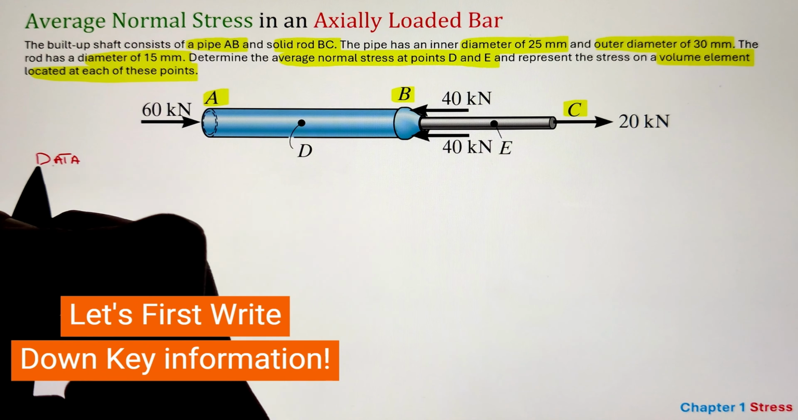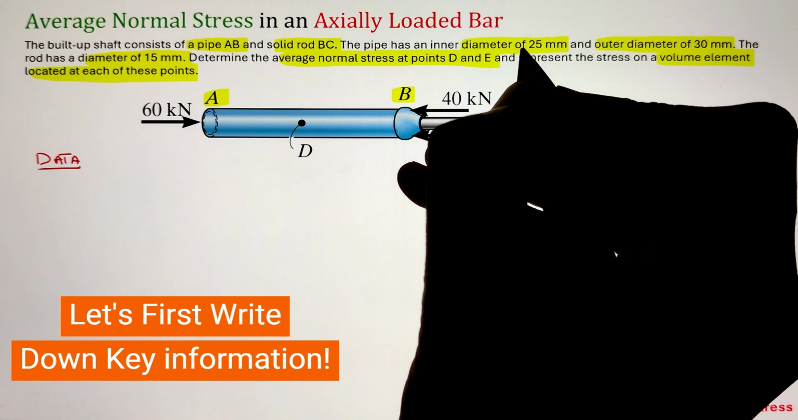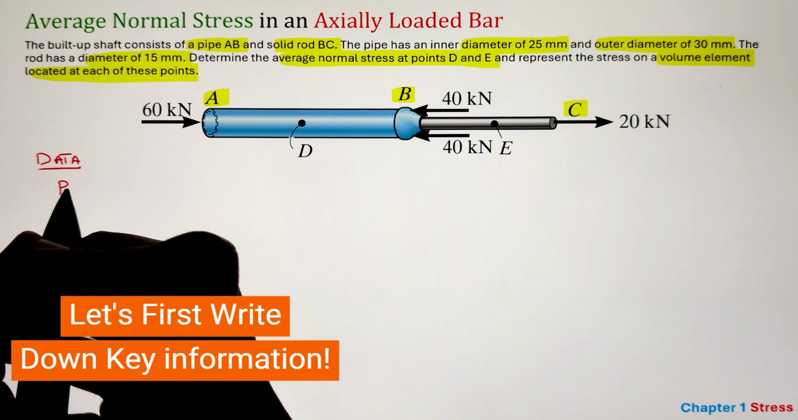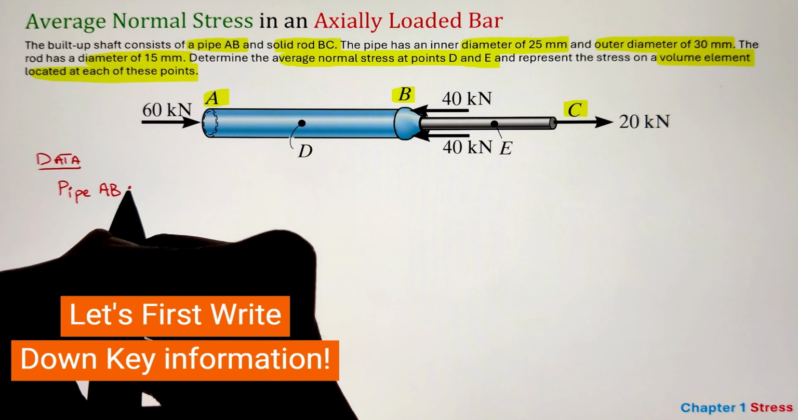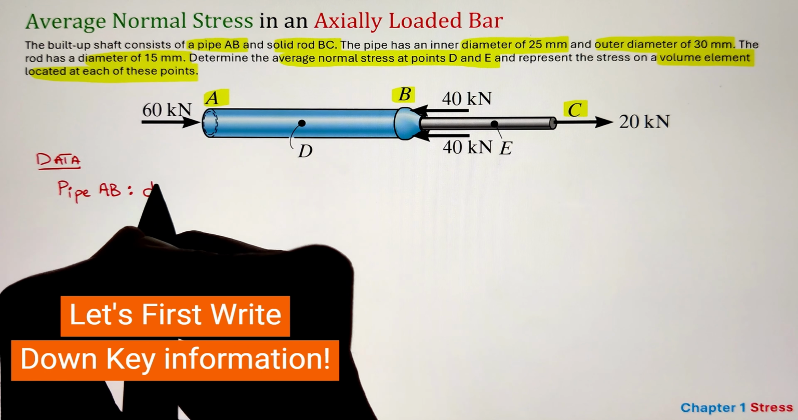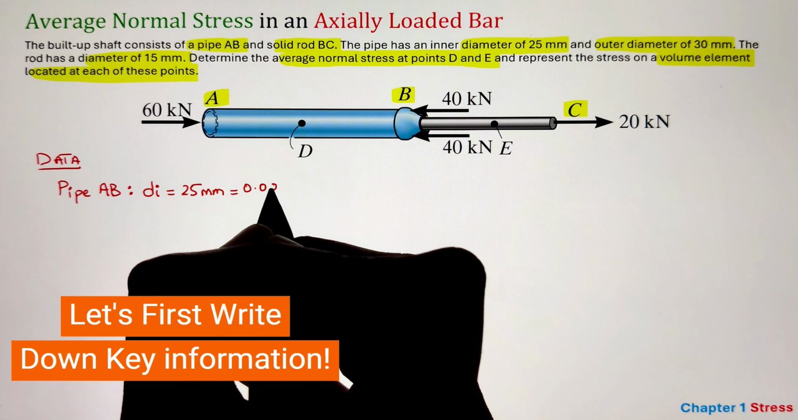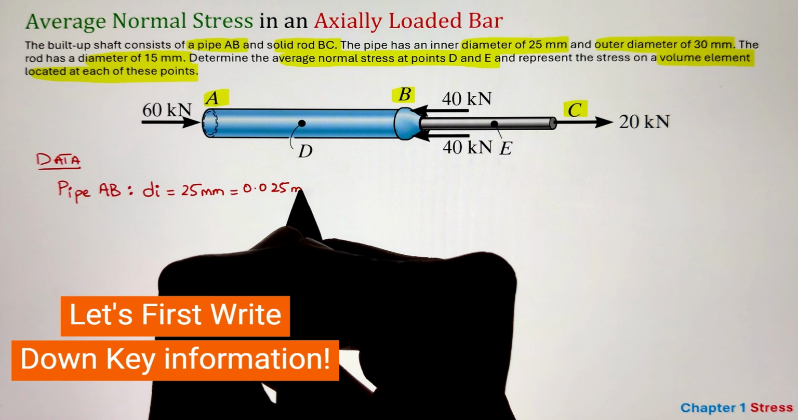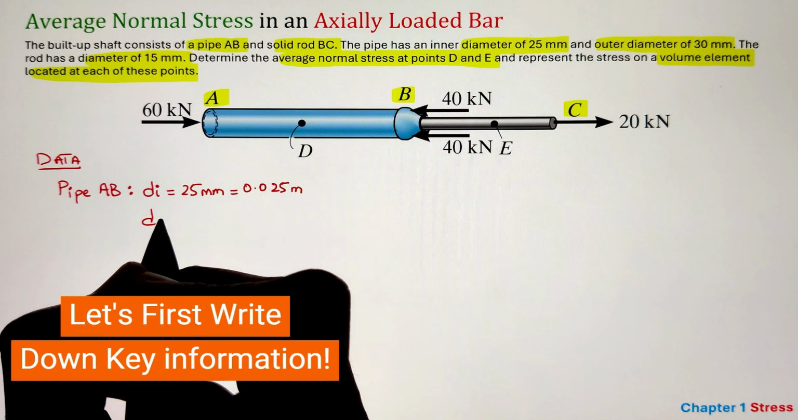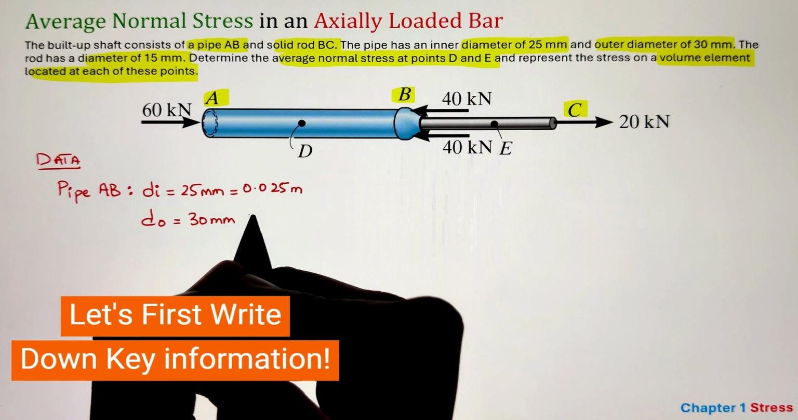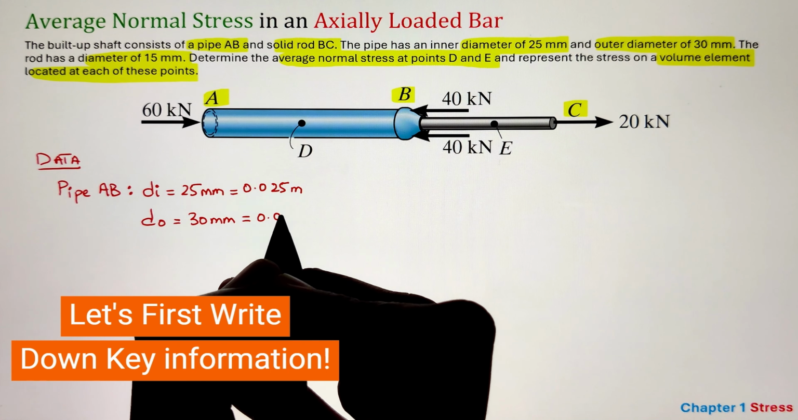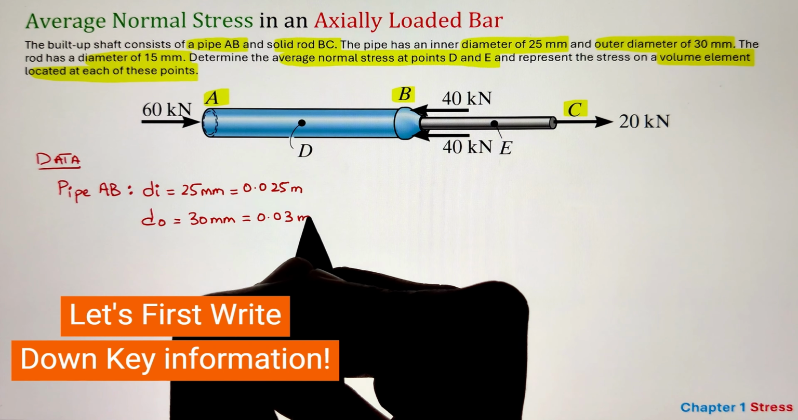can start by writing down the key information in our data section. Since we are given the dimensions of the pipe, the outer diameter and inner diameter, in millimeters, let's convert them and write those in meters so that we are consistent with our unit system. So the inner diameter is 0.025 meters, whereas the outer diameter is 0.03 meters. Next, for the rod section, that is from point B to C, we have the diameter of